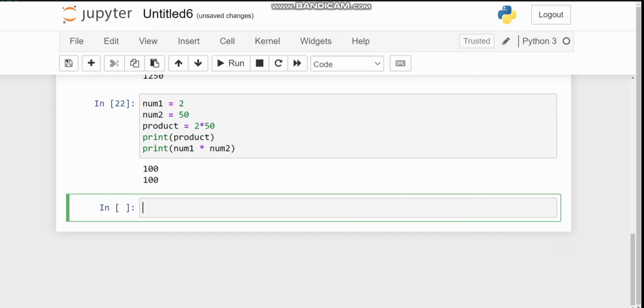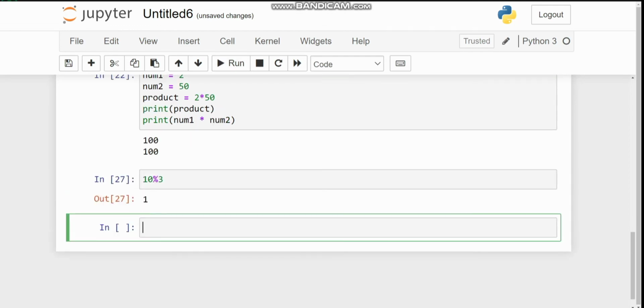Let's move to another operator, which is modulus, symbolized by the % symbol. Okay, so let's see what a modulus can do. If we divide 10 by 3, then 3 3s are 9 and the remainder will be 1. This is the function of modulus. It will give us the remainder,